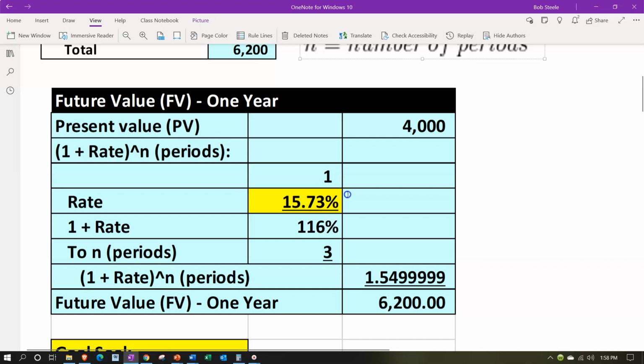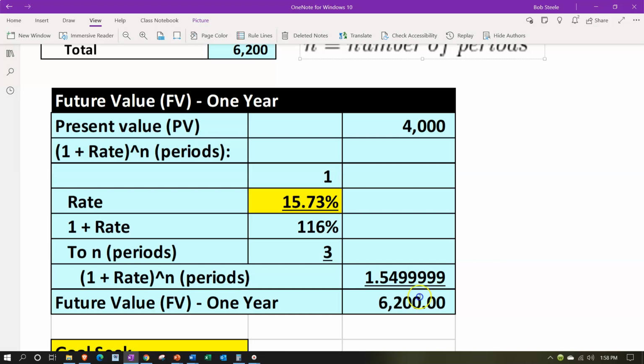Now, if we were to do this in a similar fashion as a goal seek type of system, I would put some rate in there, like 10% or something like that, so that we can continue on with the calculation, and then go back in and adjust that rate so that we come to our answer by basically trial and error, adjusting that rate. This would be tedious to do if you did the math by hand,